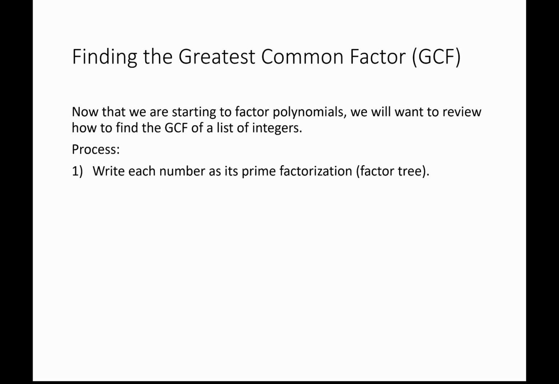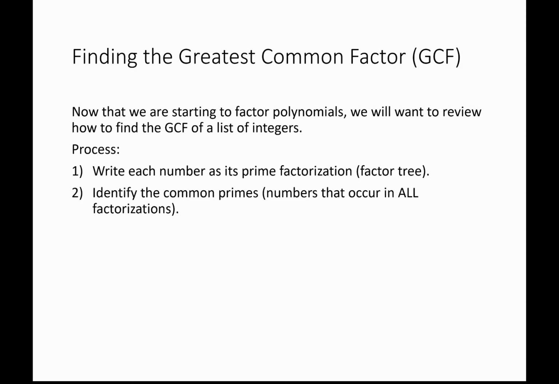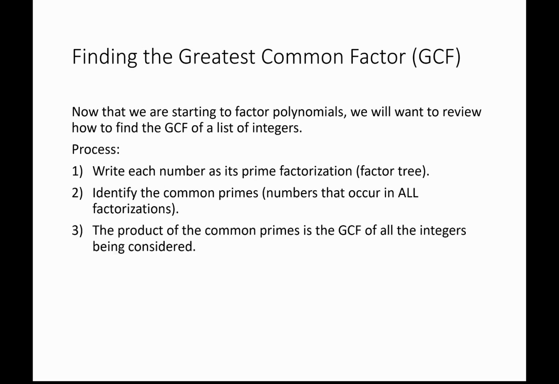If you're going to follow this process, you'll use a factor tree to find the prime factorization of a number. Then you'll identify all the common primes that occur over all of the factorizations you've completed. The product of the common primes is going to be the GCF, or greatest common factor, of all of the integers being considered. Okay, so let's start off